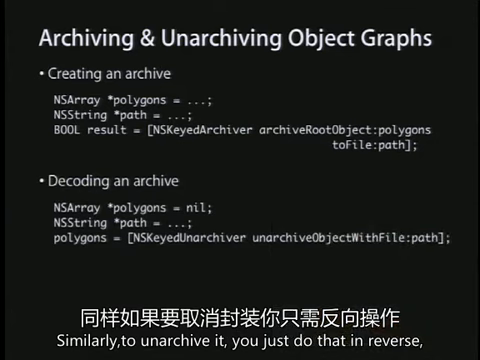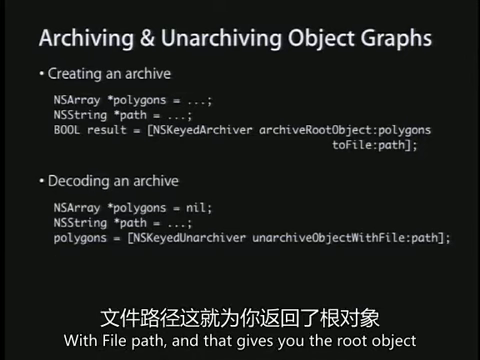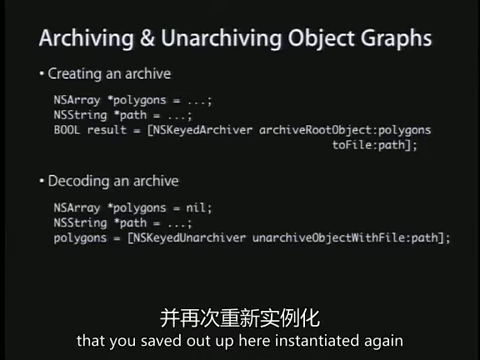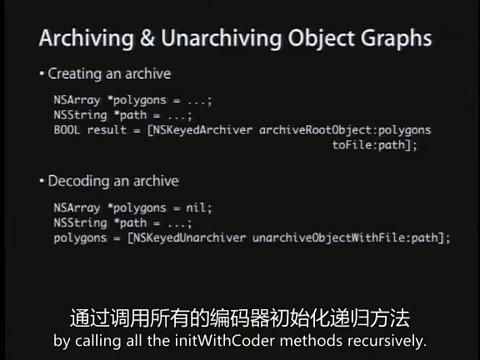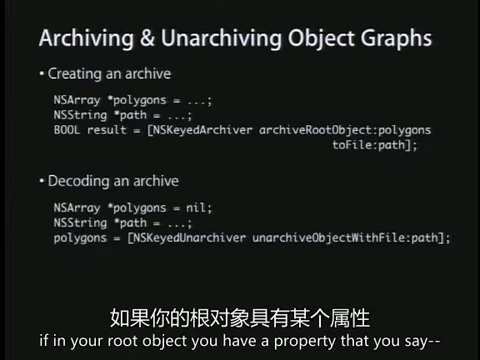Similarly, to unarchive it, you just do it in reverse. You say NSKeyedUnarchiver unarchiveObjectWithFile path. And that gives you the root object that you saved out up here, instantiated again by calling all the initWithCoder methods recursively. And does it kind of make sense how if in your root object you have a property that you say,